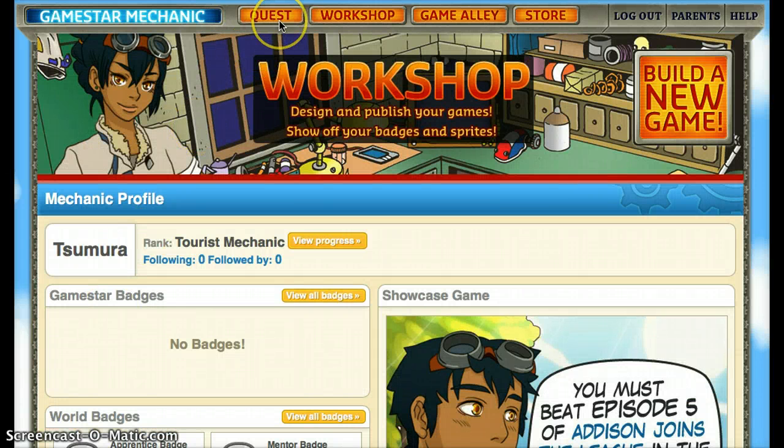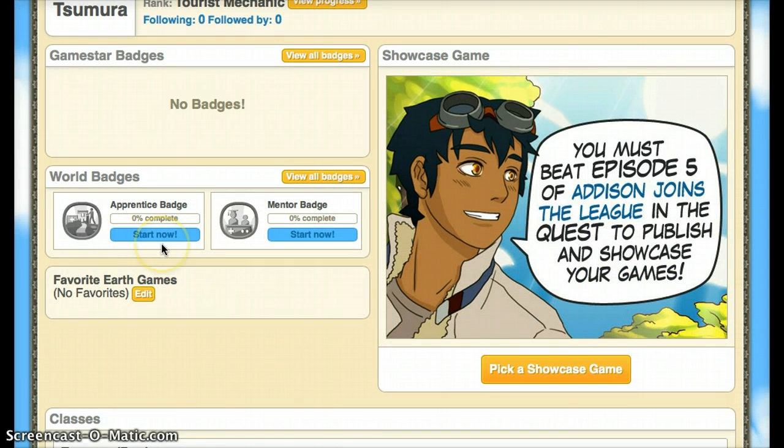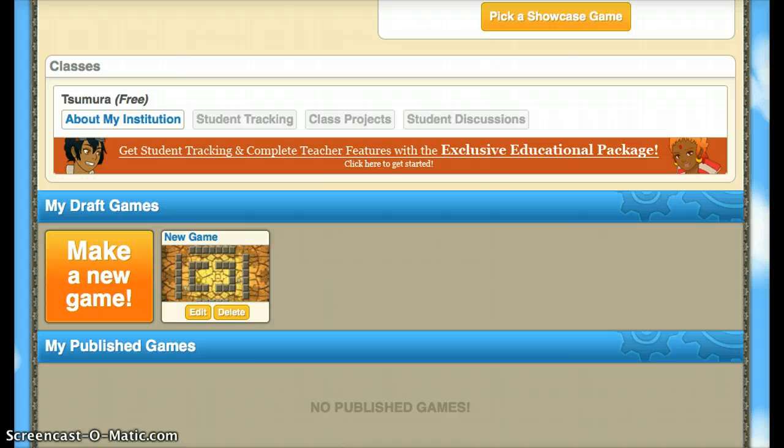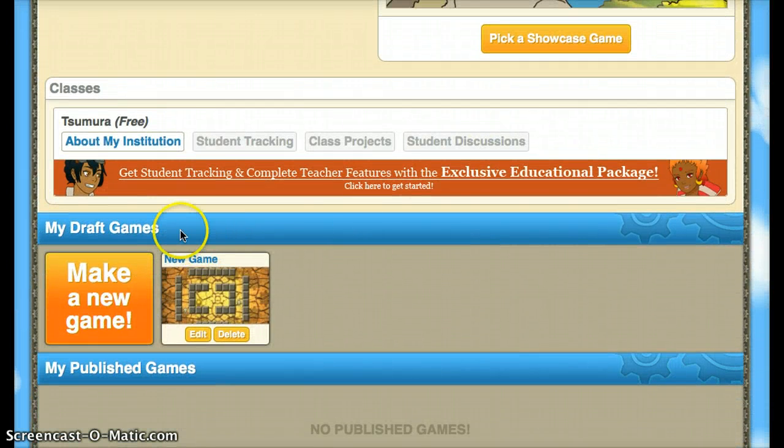So once they finish the quest, they can go into the workshop, and this is where they design and actually can publish their own games. And in order for them to publish, they have to have their apprentice badge, which means they've completed the quest successfully. So in this section, if you have a premium membership, you can have student tracking information